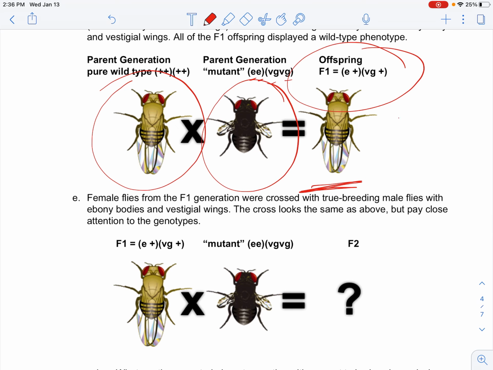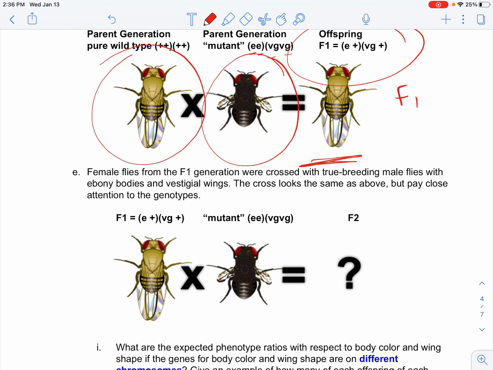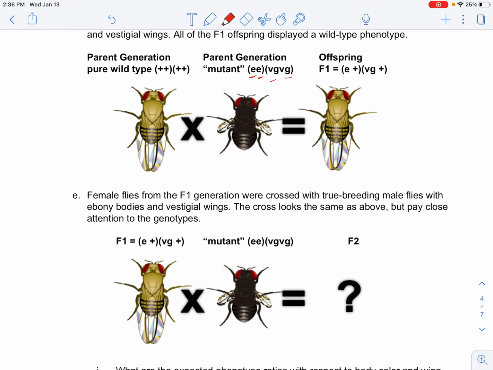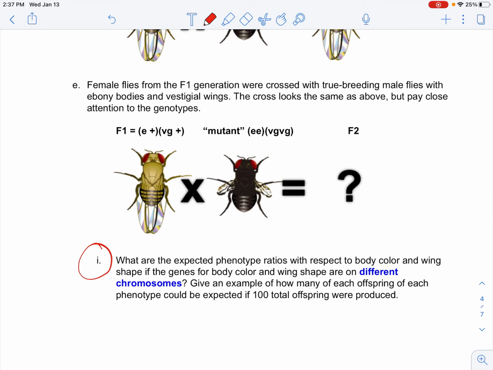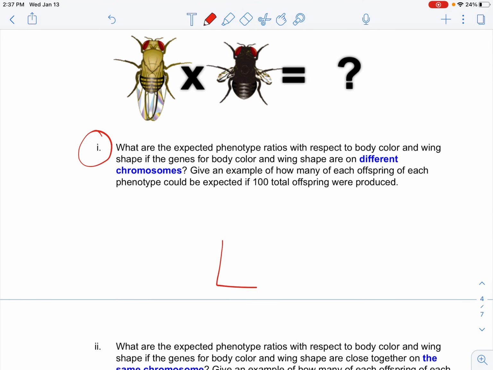But if we take females from the F1 generation, so heterozygous or hybrids, and we cross them with true-breeding male flies with the recessive, we're going to cross this genotype with this genotype, okay? Now, what would happen in this situation if the genes for body color and wing shape are on different chromosomes? Okay, so that would be the normal situation. So if the genes were on different chromosomes,